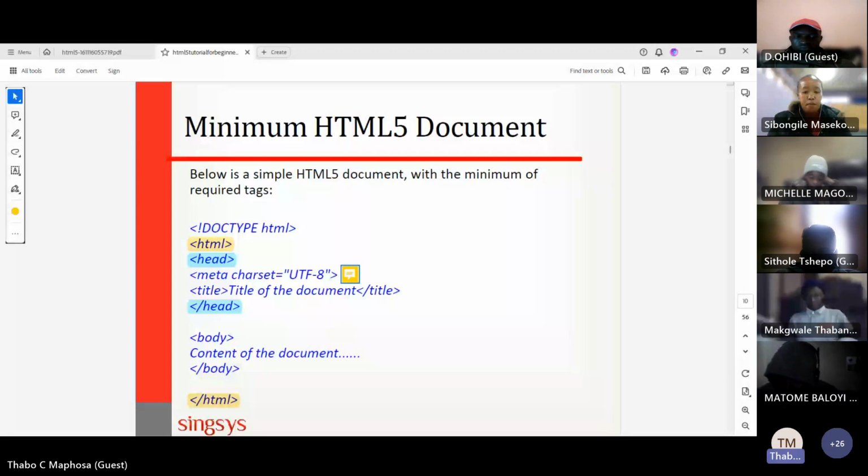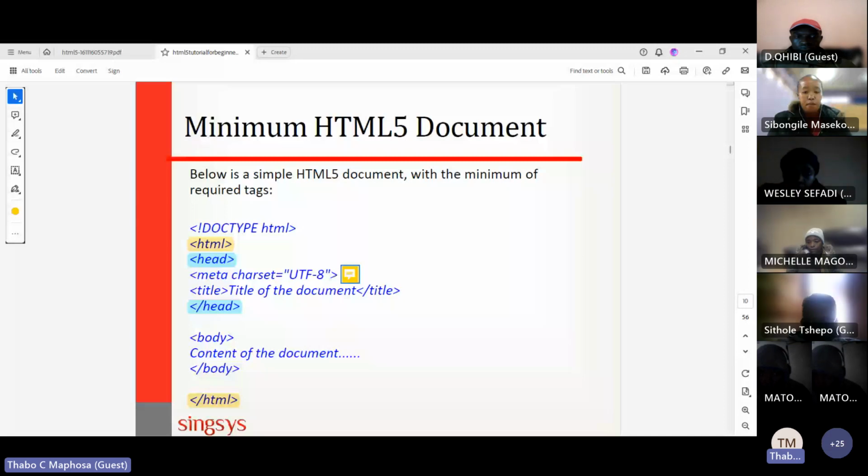Okay, so now, as we were saying, there are so many things that we do, especially when you're dealing with HTML. Before we learn HTML5, we need to understand the standard HTML. Then we can go to HTML5.